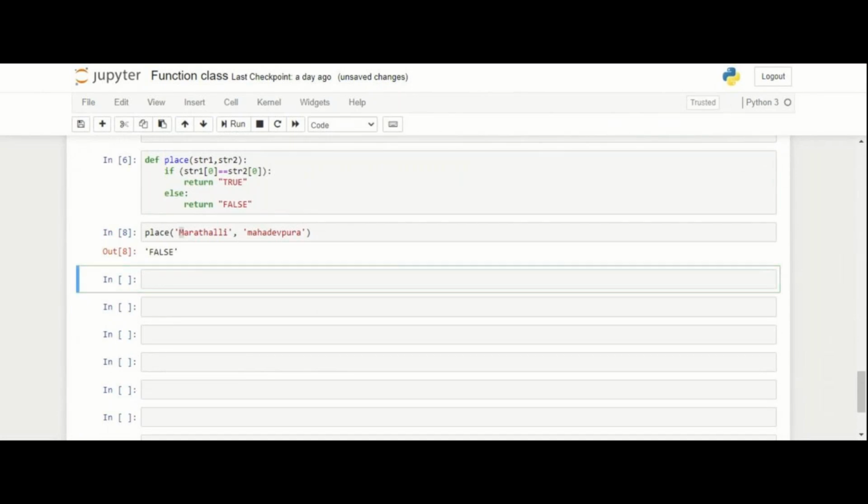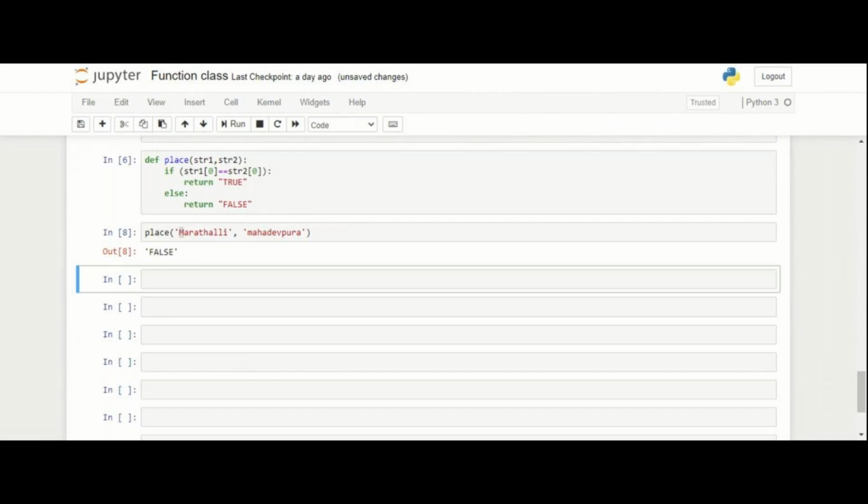Now the third problem statement is, okay, take any three numbers. And if the sum of those three numbers is equal to 20, then it should return me true, else it should return me false.